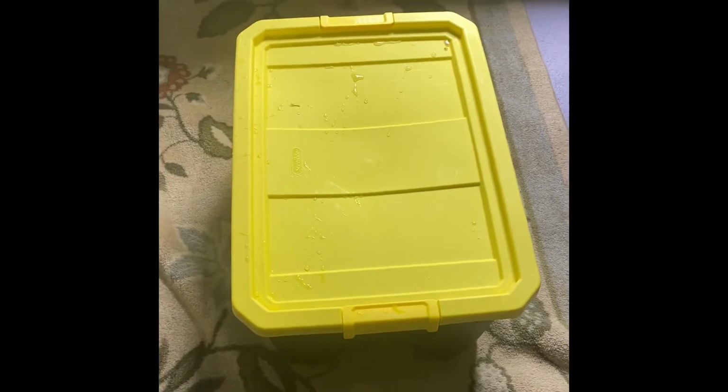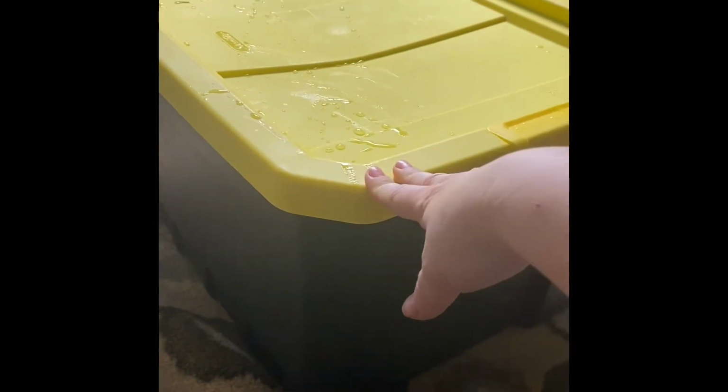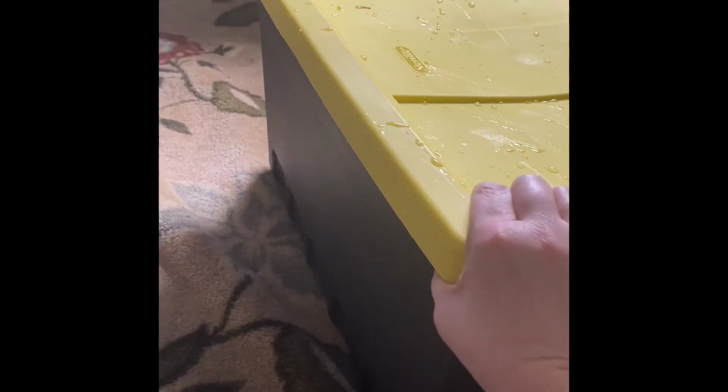You can probably find a tote that you can use from Walmart or any big box store. That's where I got this one. But there are some important features about a tote you'll want to look for. One is that your tote is opaque. You don't want it to be transparent, because if light gets into your tote, you will probably eventually have problems with algae growing. And while algae doesn't really hurt your plants too much, it can be an annoyance or just clog things up, and it's just something you want to avoid. So you want to go for a completely solid colored or opaque container, including the lid,